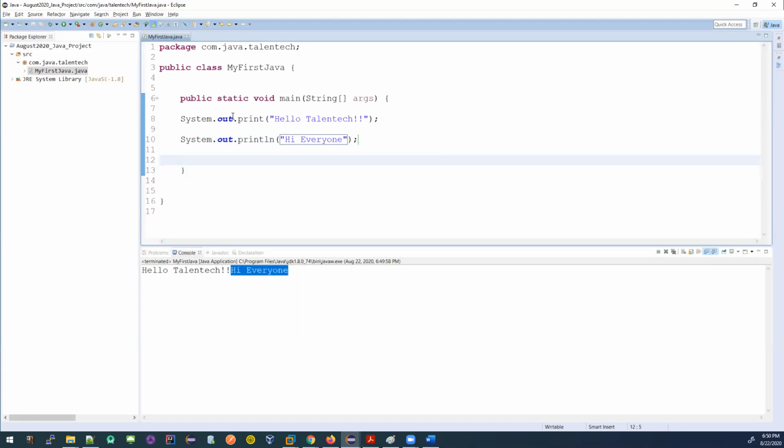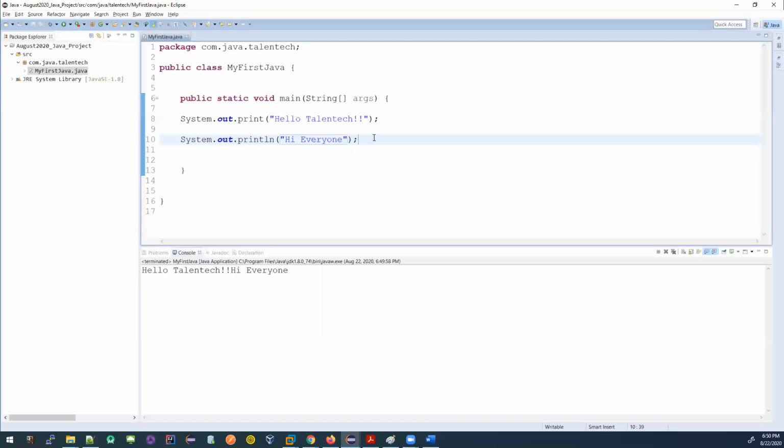Why? Because when you are just saying print, it's printing, and after that is the cursor. This is the cursor, right? You see the cursor, the control? See the cursor? You see that this thing is blinking? This is called the cursor, the control. The control is still in this line. It's not coming back to this line.